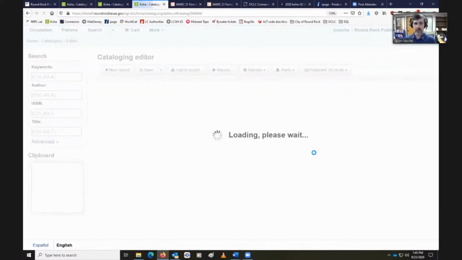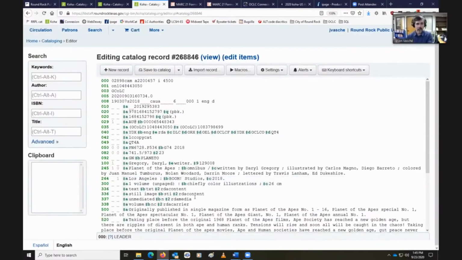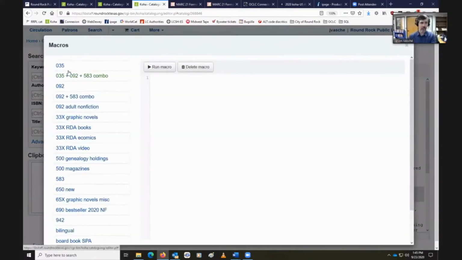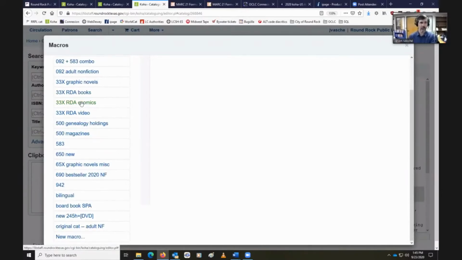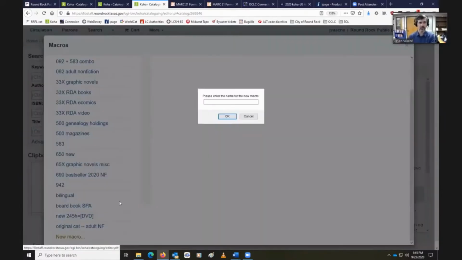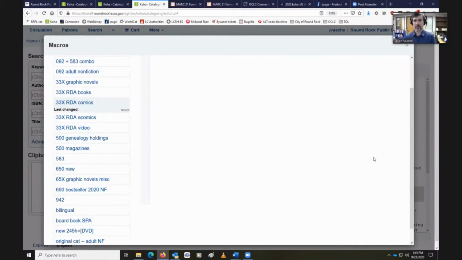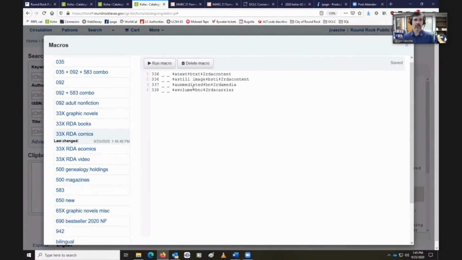All you have to do is go into the record, and then you highlight those lines, right? You have text, still image, unmediated volume, and then I'm going to go to macros. Let's just say, new macro. I only have one for eComics on there, so I'm just going to say 33X RDA comics. But they're graphic novels, I know. So I just have to format this a little differently. So you put new space, new,